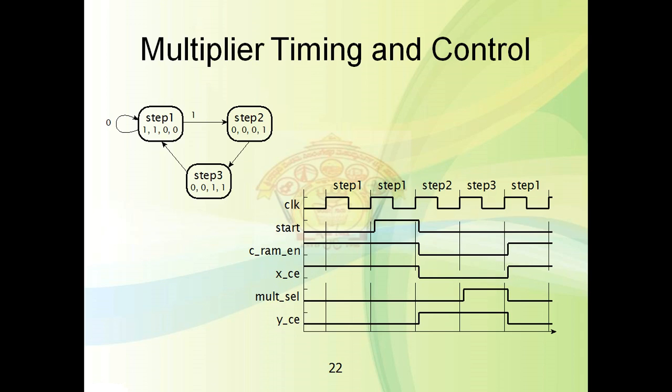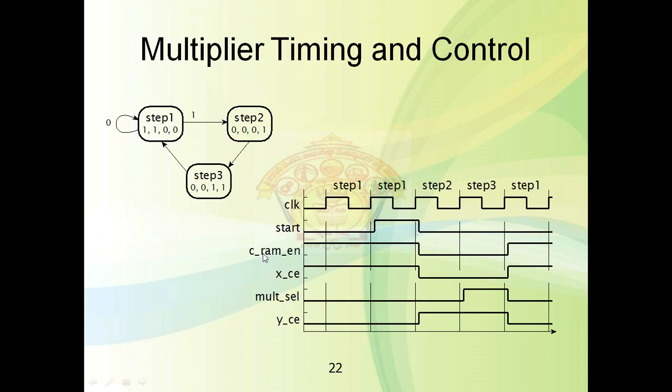Hence we have to make mult select input equal to 1. Okay, so here mult select input is equal to 1, and when mult select input is equal to 1, then it will change the data, that is it will take the x value, and then it will take the other value that is already stored into the output register, and it will be multiplied and stored into the output register. In this way, step 3 will complete the multiplication, and the next state will be again the wait state for another multiplication.